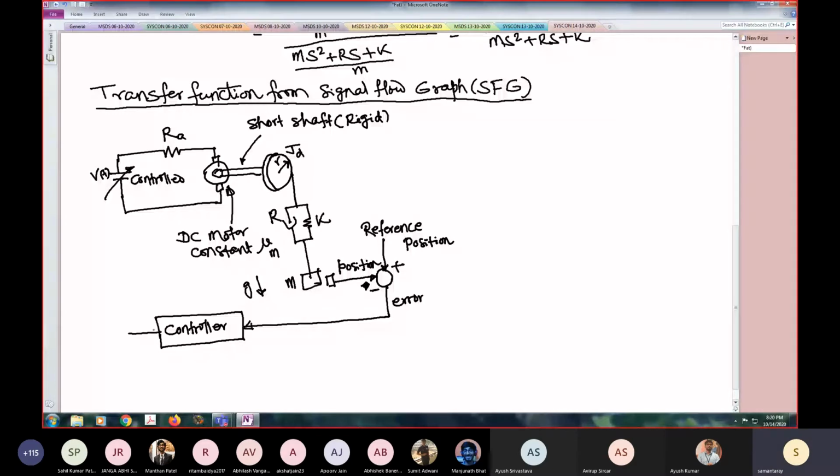This controller then actuates a PWM, pulse width modulator, which gives some pulse voltage output. Depending on the duty cycle, you will get the average voltage, and this is what changes this thing. So this is our total control system, and we have to derive the open loop transfer function.